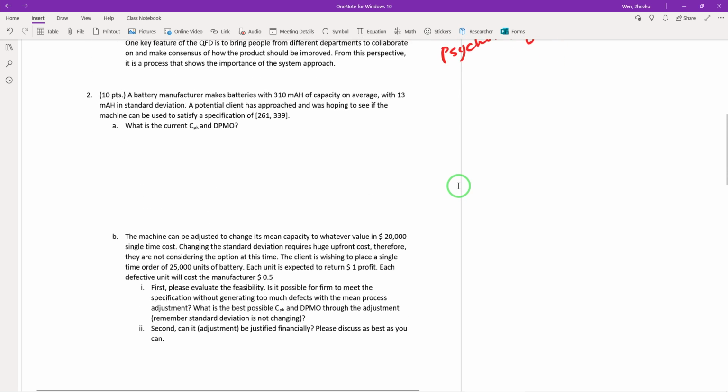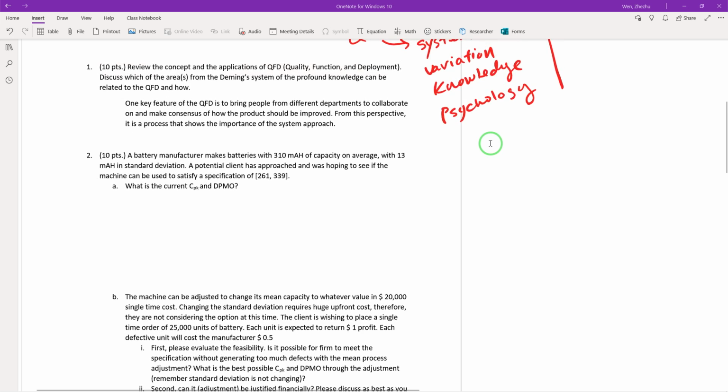So question number 2: a battery manufacturer makes batteries with a 310 milliamp per hour of capacity on average. So in this case, we're assuming that the average is known as 310, okay, with a standard deviation of 13. A potential client has approached and was hoping to see if the machine can be used to satisfy a spec of this. Okay, so before you solve this type of problem,